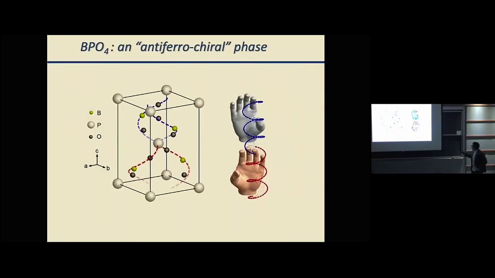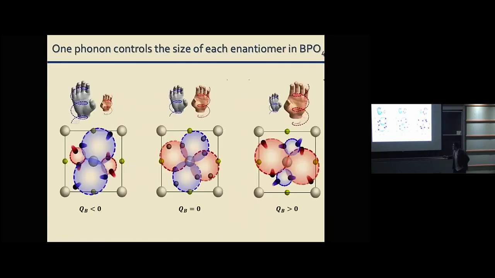so he looked at BPO4. This is a piezoelectric, which is what we call an antiferrochiral, has an antiferrochiral unit cell, in the sense that within the unit cell you have both the right hand and the left hand, and they are perfectly compensated, so the crystal is completely achiral, simply because the right hand and the left hand have the same size, if you wish. Okay, so this is BPO4. It's a nonlinear optical crystal that you can buy at Safeways, but nobody had really looked at it in this light. There is one specific phonon, which is of B symmetry,